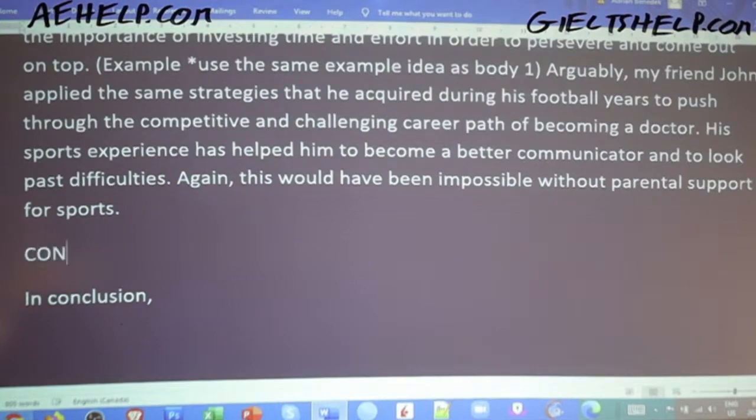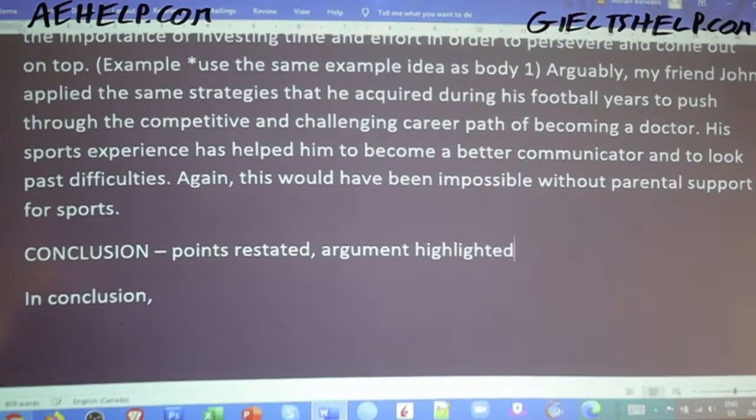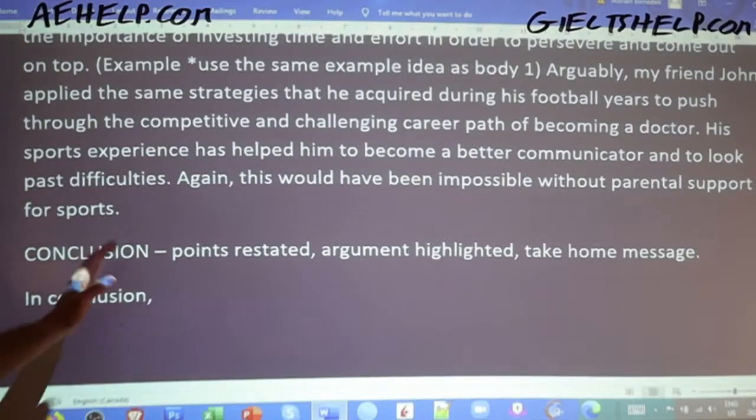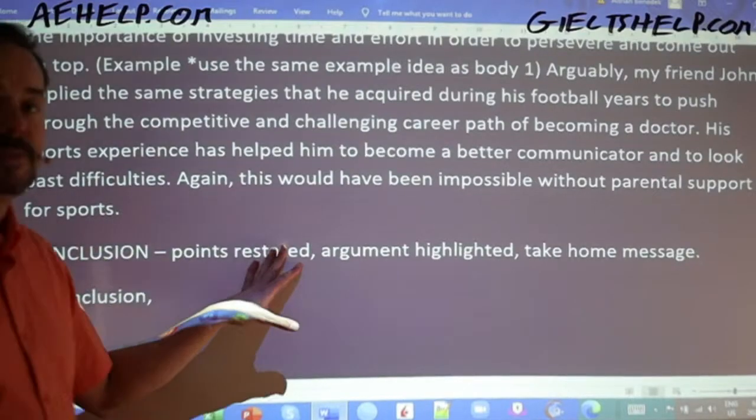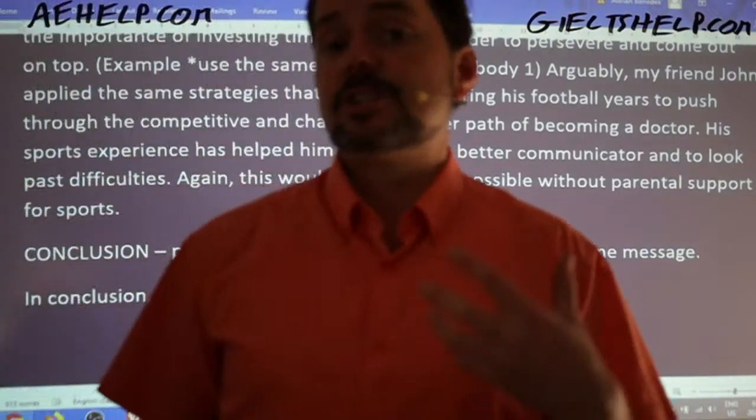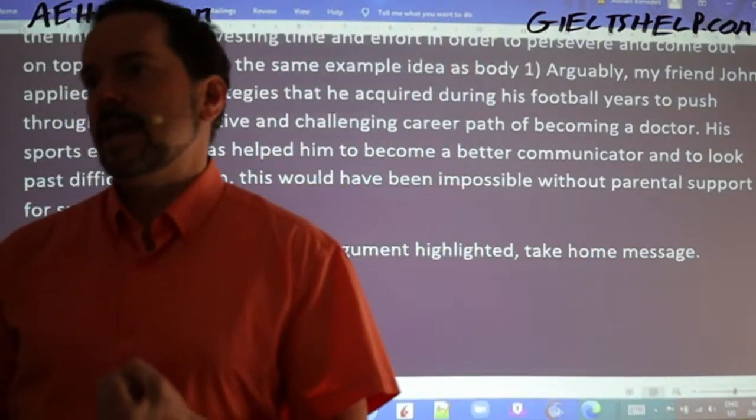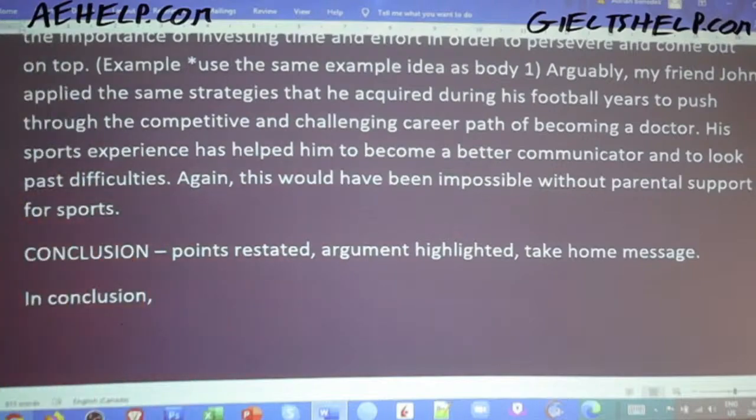So the conclusion should have your points restated, your argument highlighted, and then a take-home message. Okay, so it should have these three parts, and I'm going to show you how to put that together in a nice, smooth, coherent, cohesive way. All right? Okay, so in conclusion,